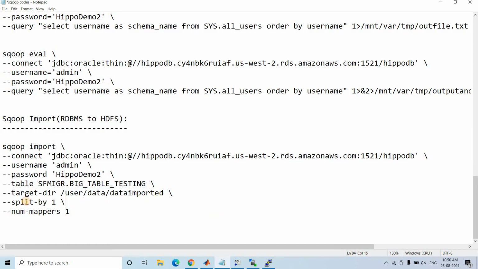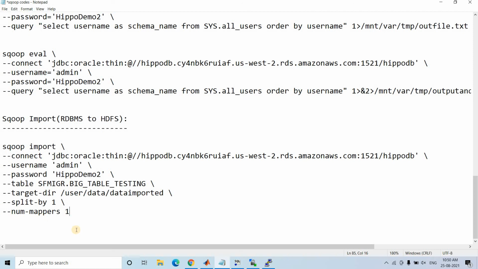Then we are specifying two more parameters, or extra arguments, that is split by and num mappers. This is very important. Sometimes if you don't specify this, then the Sqoop code might throw an error. Let me discuss what that is. Among the three Vs in big data, volume, velocity and variety, one major V is volume. In a big data environment, we always try to optimize the computation, and that's why we prefer parallelism.